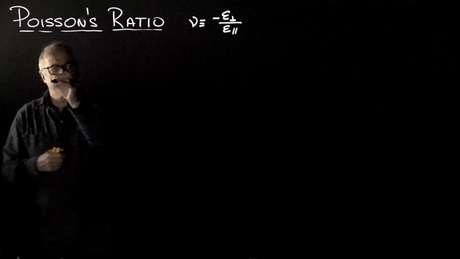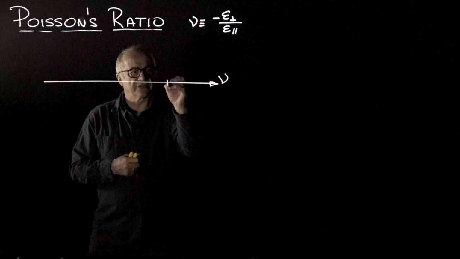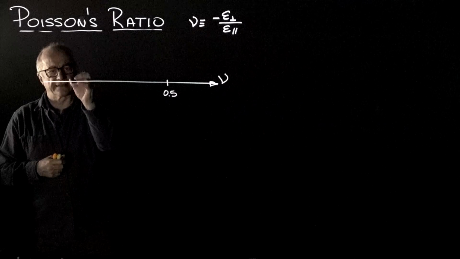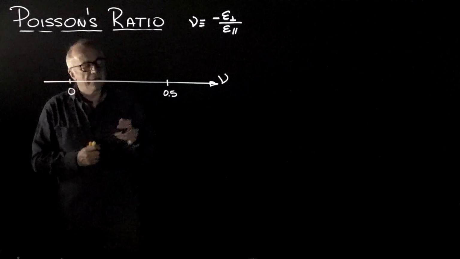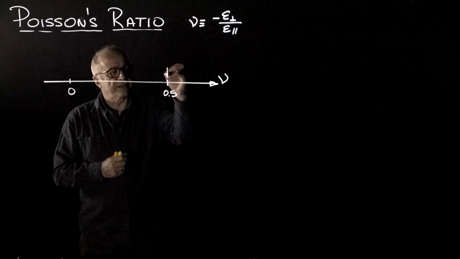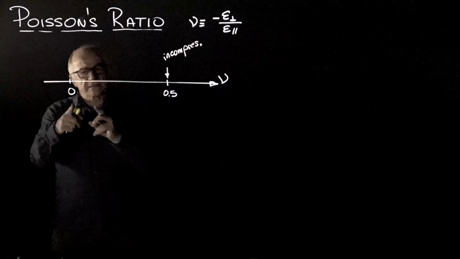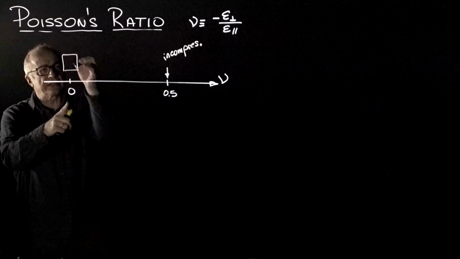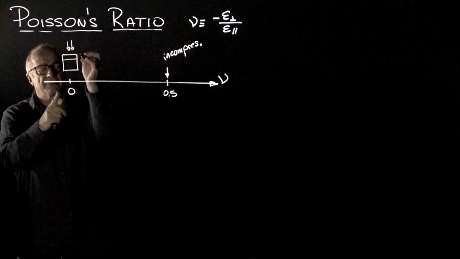With this in mind, now we can establish some ranges of Poisson's ratio. So far, we have established that Poisson's ratio can reach a value of 0.5. And let's establish here a value of 0, and let's see what that means. And 0.5 is when the medium is incompressible. Now, what does 0 mean? It means that when I shorten this element, when I squeeze it, it will get shorter, but it will not